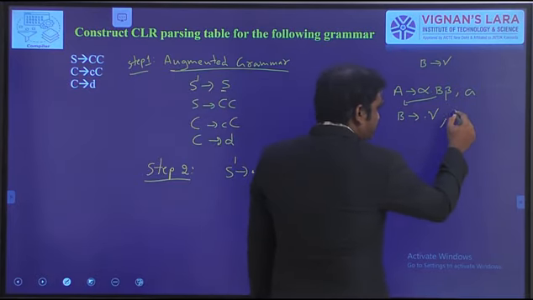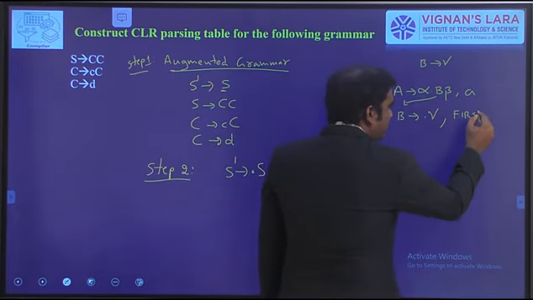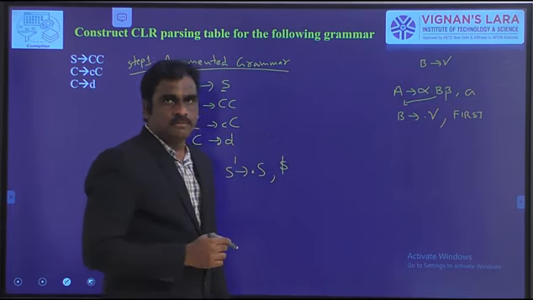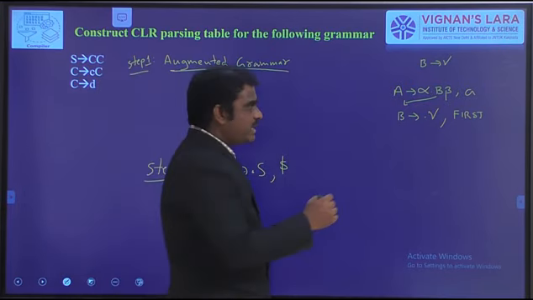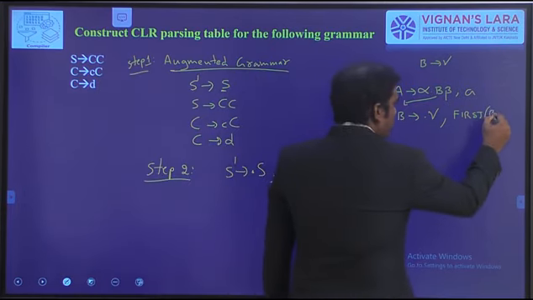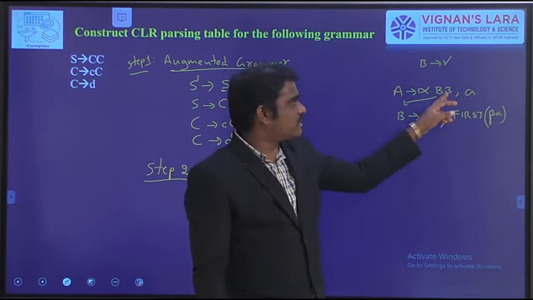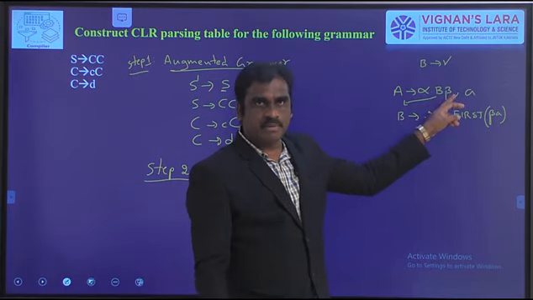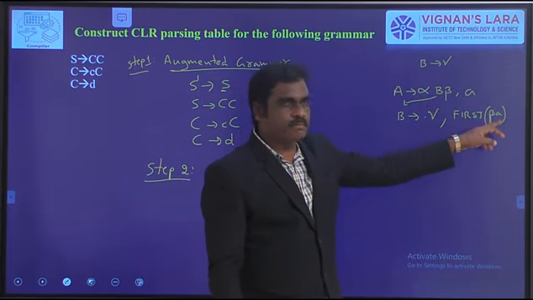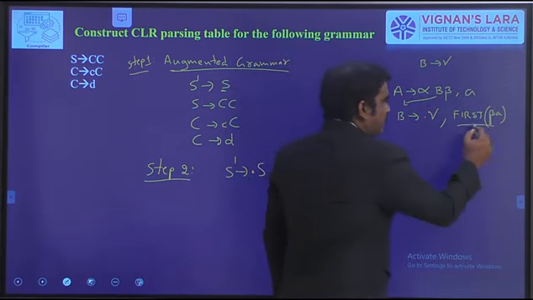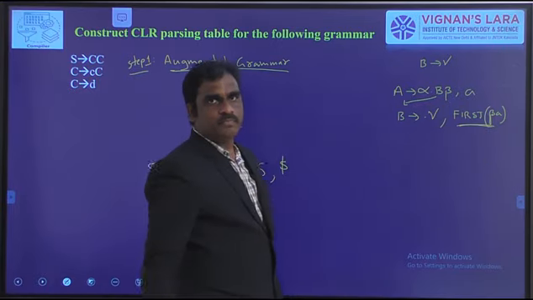So here, with the help of the formula. What is the formula? First of beta A. We have to compute the first of beta A. What is beta? Here beta means this one, B followed by symbol beta, and A means lookahead symbol. So this result you can add here.